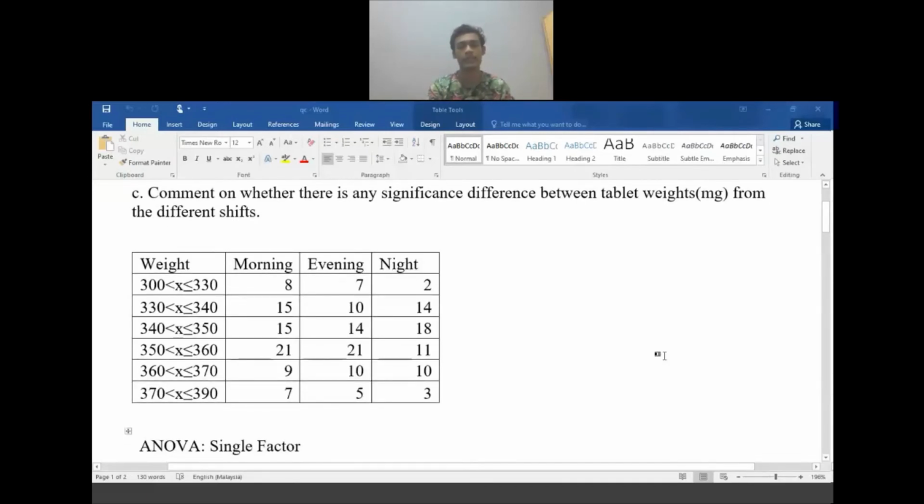We get the raw data, so we need to tabulate it to make it easy to use for the ANOVA. For the first column, we set it as weight, and we need to use the range of weight,